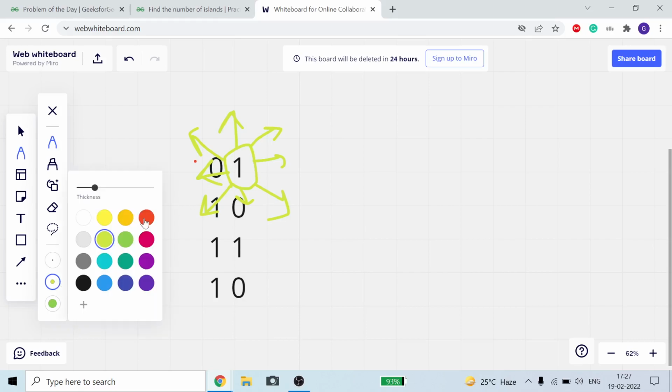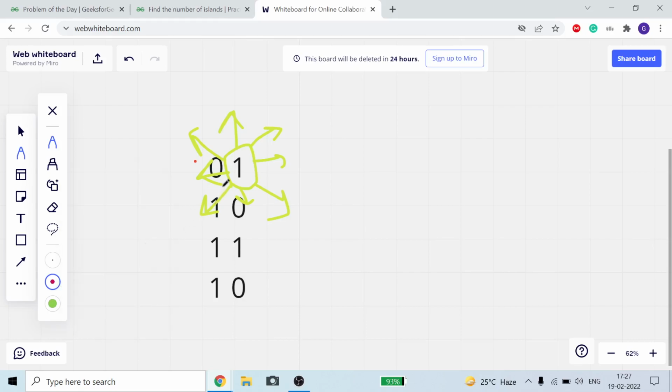So now what is the part of this island? This is a part, then diagonally this is also a part. Now for this one, it cannot be, because it is beyond our limit, it is zero. We have already checked this. Here we cannot go, here we cannot go, here we cannot go, but we can go here.